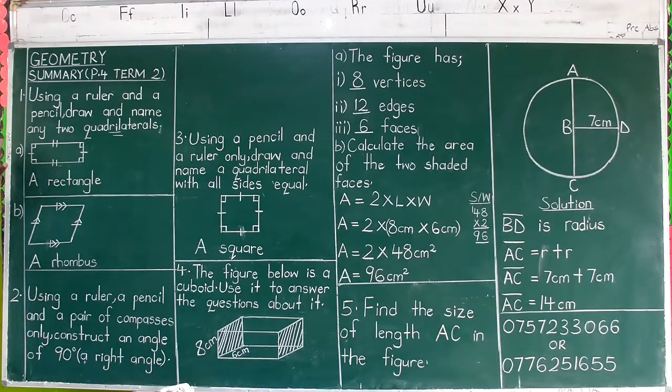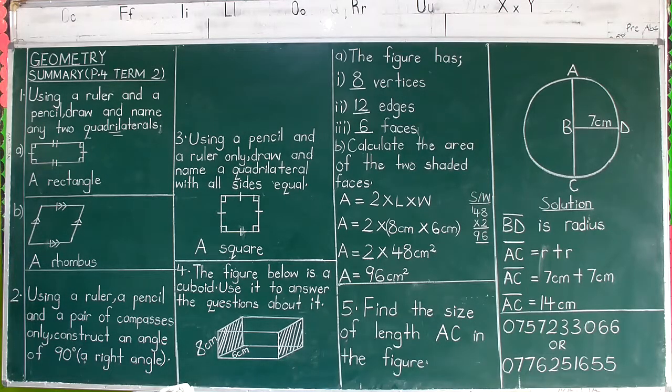So I chose a rectangle and a rhombus. This is a rectangle. With these properties, 2 opposite sides are equal. Like we're seeing, this one is the length and this one is the width. So these 2 sides are equal on their own, and here too, the widths are also equal.